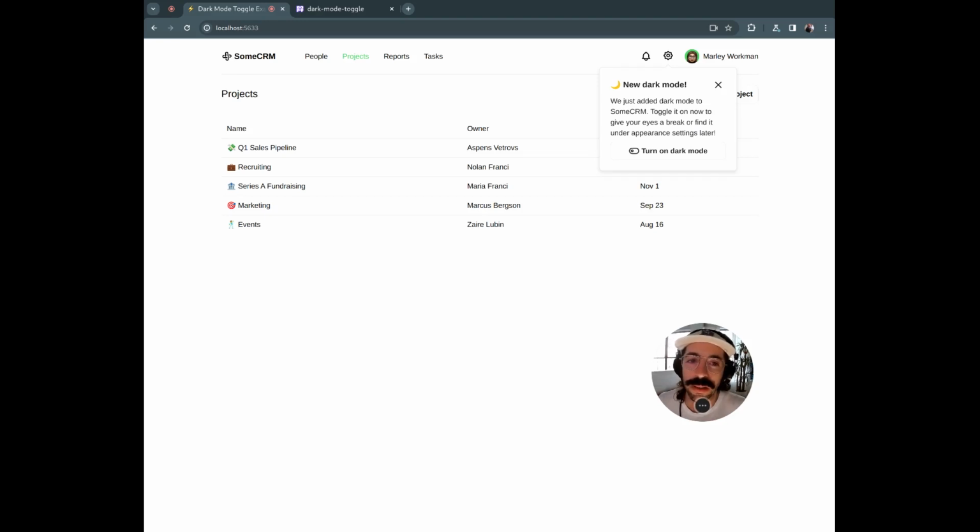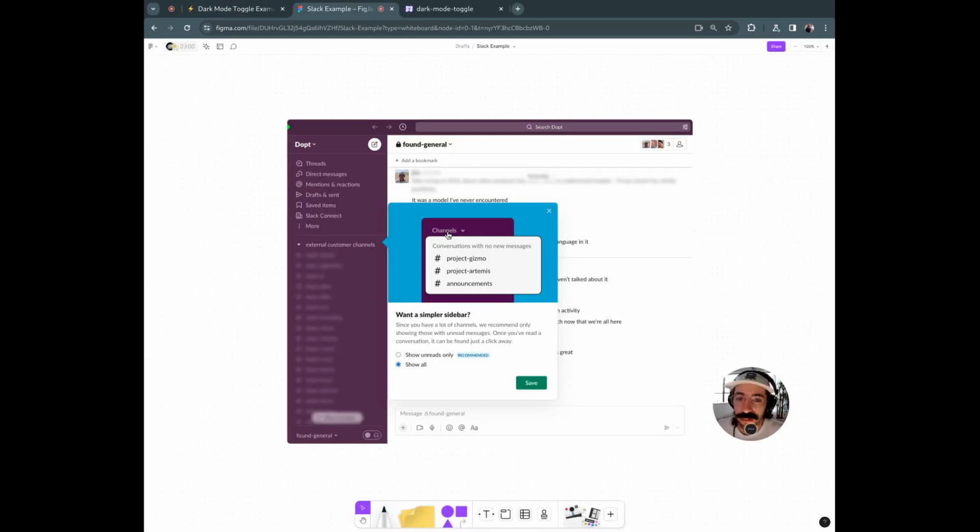I'm going to walk through using Dopt to quickly ship a tooltip that not only alerts users to a new setting or preference in your app, but actually lets them configure it directly within the tooltip. This is a pattern that companies like Slack use. It's extremely effective at driving adoption of new settings or preferences that are otherwise undiscoverable, but that can greatly improve